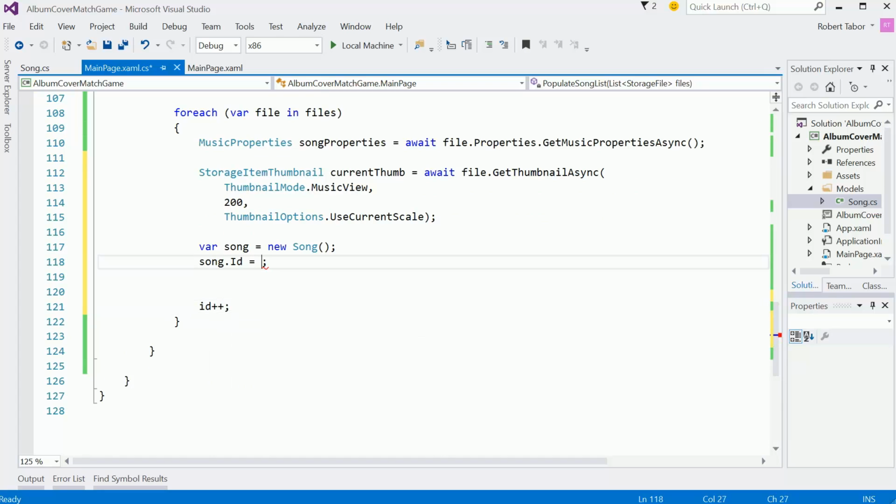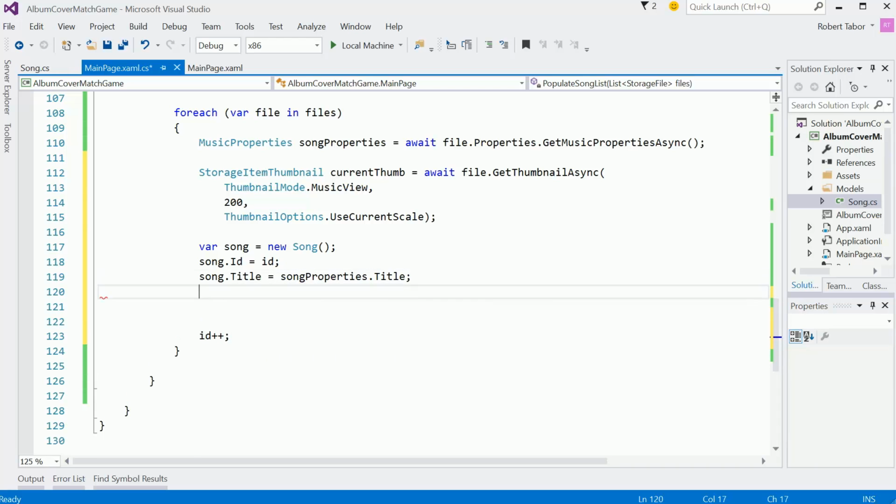So the song ID will be just that, ID, song.title equals song properties.title, song.artist equals song properties.artist,